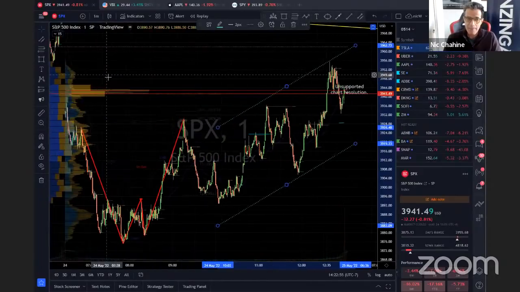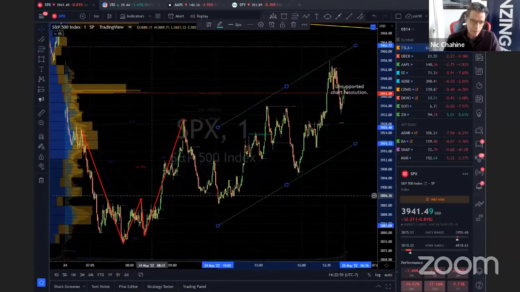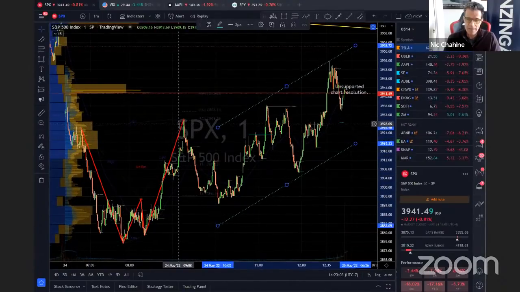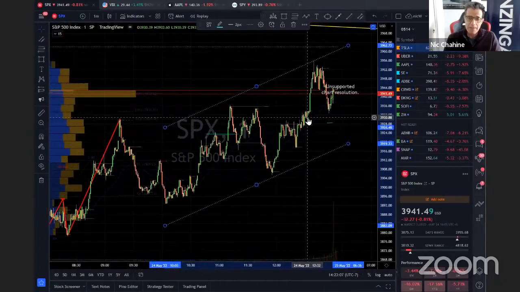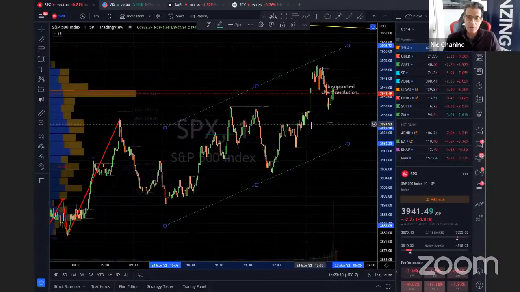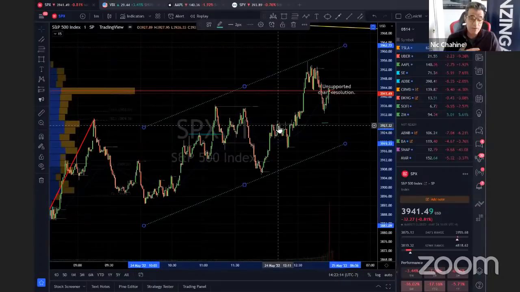They were chasing the gap, and we were chasing the gap from the beginning. This was wrong, but so was this. So these two negated each other. That's why, look at where they're stalled right here. So now it becomes about finding the levels that are going to hold. And then we ran out of time. But the trend was still alive.